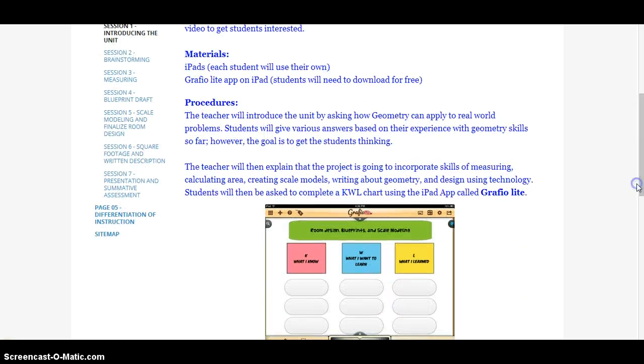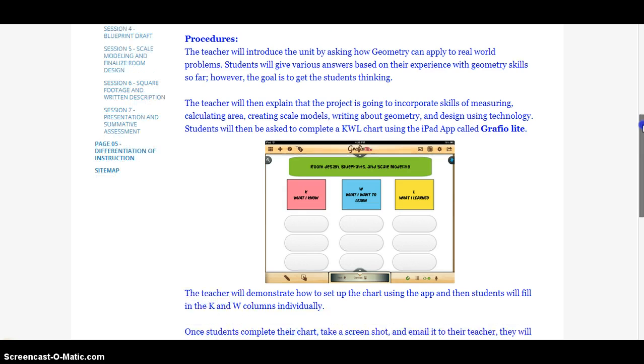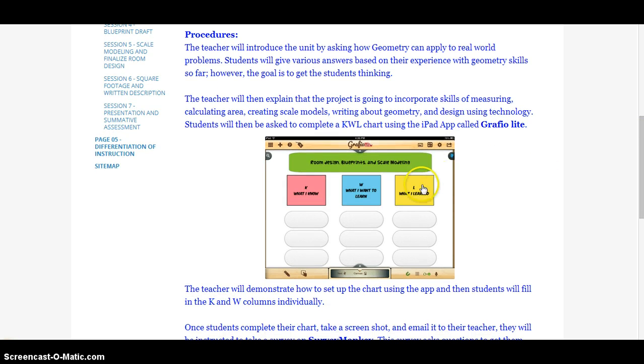As you can see here, the materials that I would use in my classroom are iPads, because each student in my school has an iPad, so I wanted to develop this project so that they could do it on their iPad. There's a great app called Grapheo Lite, which allows students to make graphic organizers. And so the first activity would be for them to make a KWL chart where they say what they know, what they want to learn, and then of course at the end of the unit they'll go back and write what they did learn